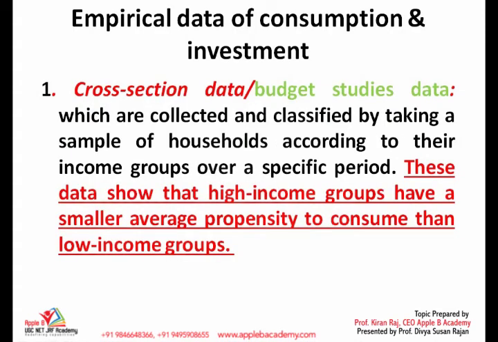So let's just have a detailed look at the empirical data of consumption and investment with respect to the permanent income hypothesis. When you consider the cross-sectional data or the budget data studies, which were collected and classified by taking samples of households according to their income groups over a specific period of time, the data reveal that high income groups have smaller average propensity to consume than the low income groups. So